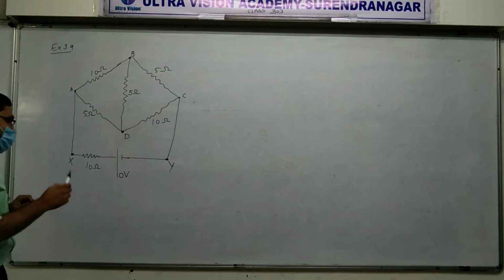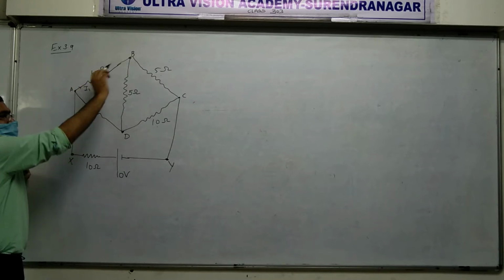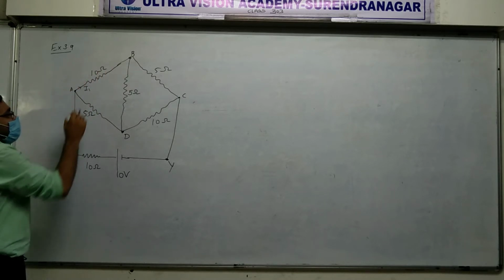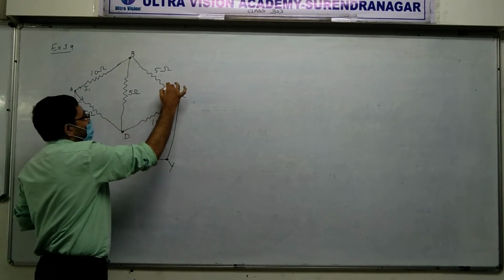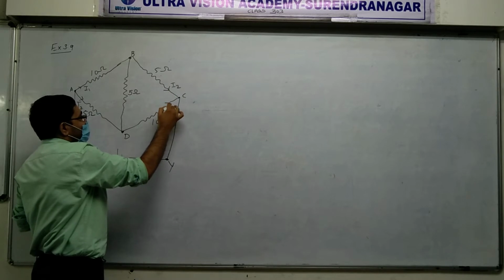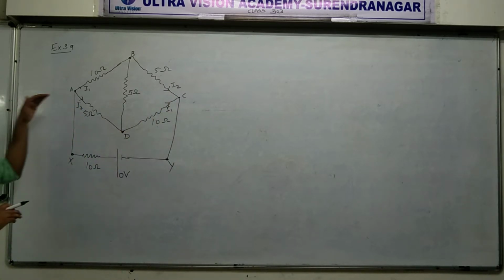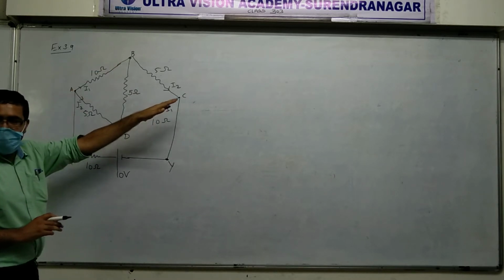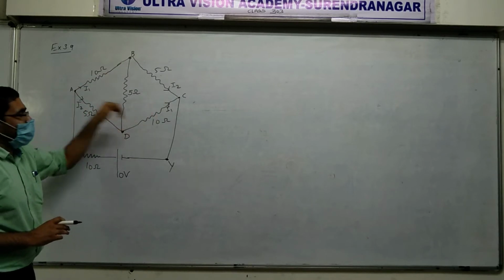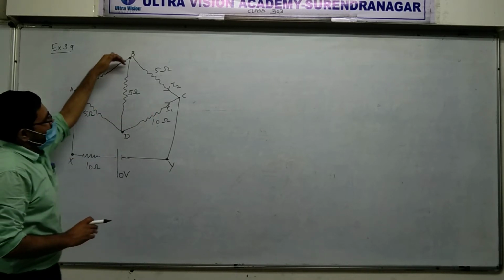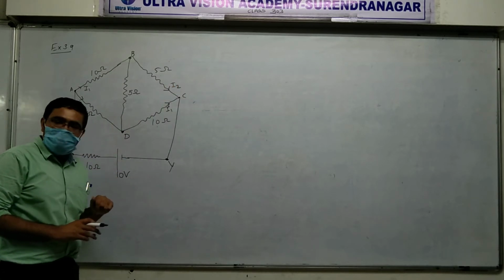So what happens is as follows. Suppose current I1 flows here and I2 flows here. Then over here in A to C also the current I2 will flow, and in B to C the current I1 will flow. That is, I am saying whatever current is here, the same current flows here, and similarly in A to D, the same for B2. Now why would it happen like that?